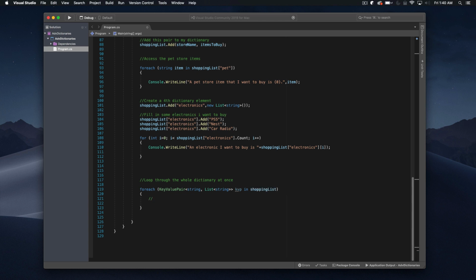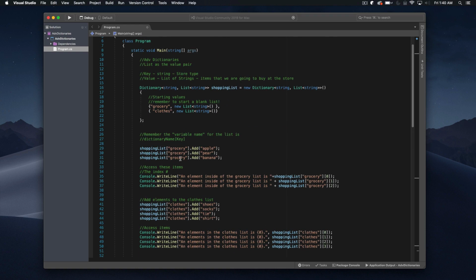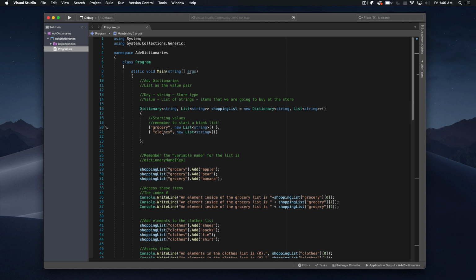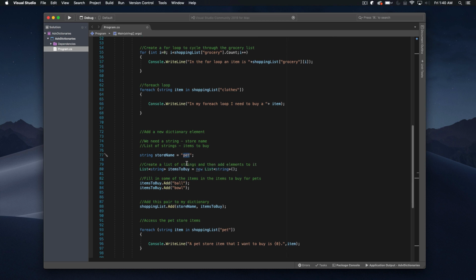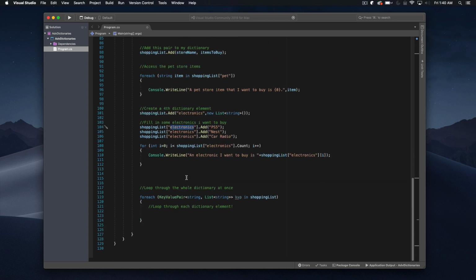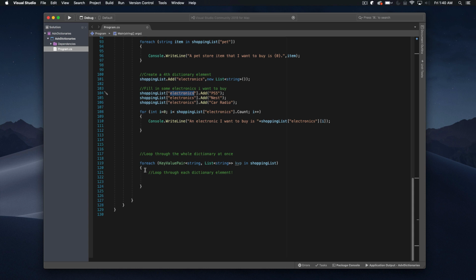Okay, now I want to make this clear because this is going to loop through each dictionary element. All right, so right now, how many dictionary elements are there? There's going to be 4, I think. Let me make sure. There's 1 grocery list, 2 clothes. We came down here, 3 pet store, and 4 the electronics store. Okay, so this for each loop right now is going to run 4 times. So you can almost think of this as once